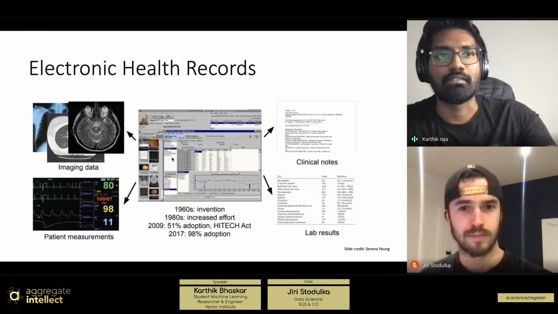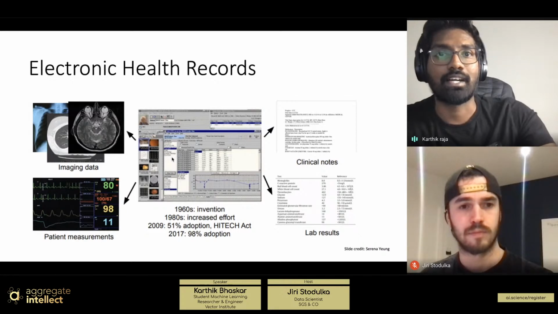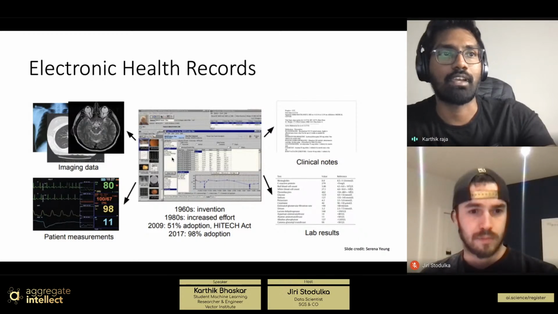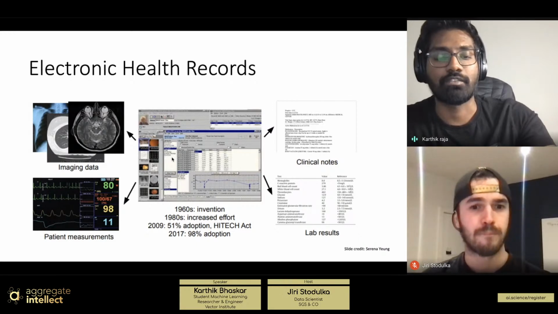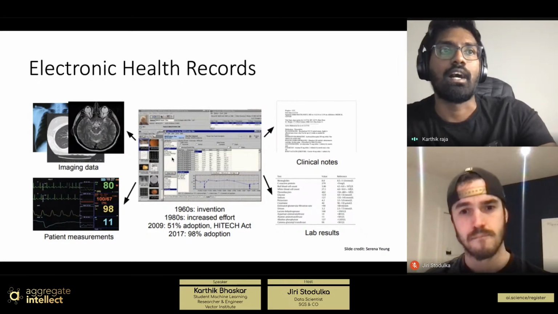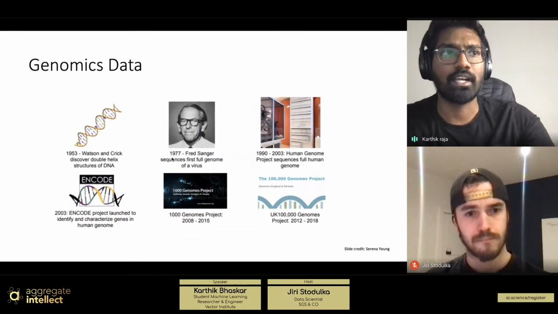Electronic health records were invented in the 1960s, became popular in the 1980s, and in the 2000s, due to the HITECH Act, US hospitals adopted electronic health records at around 51%. And in 2017, almost 98% of hospitals had started using electronic health records. That's one of the major reasons why the deep learning revolution in healthcare is happening right now. Not only